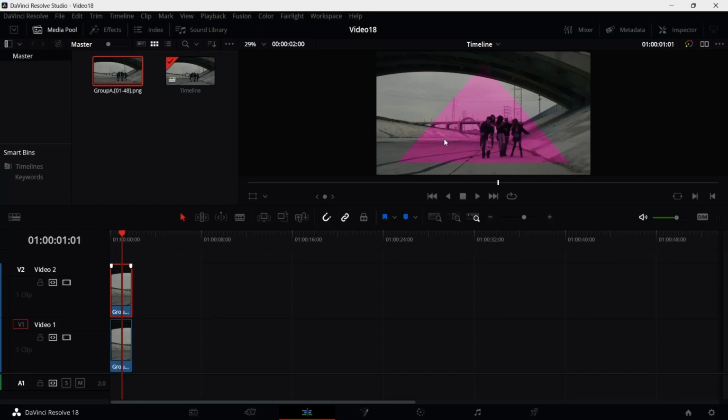Not my cup of tea personally. I like Fusion and I like the color correction, and I'm really enjoying this. So on those two notes,